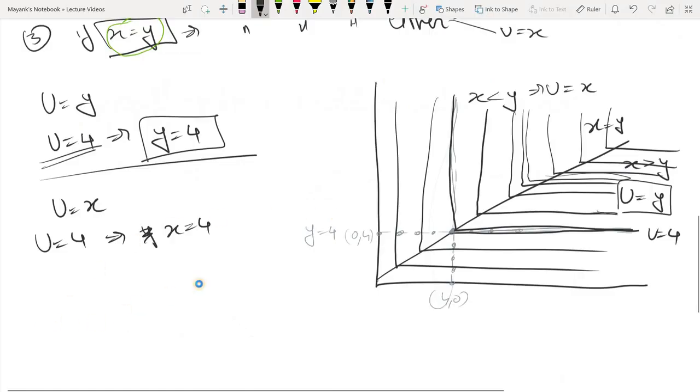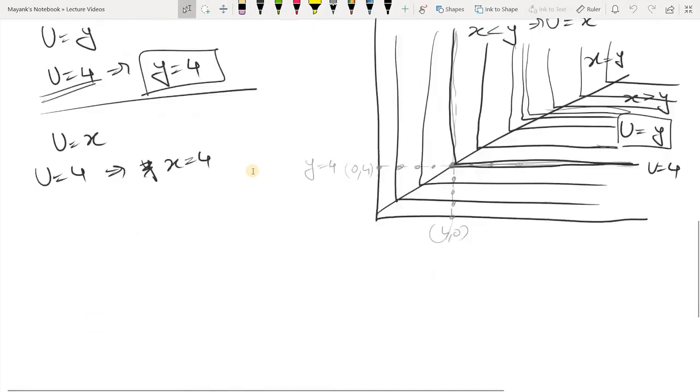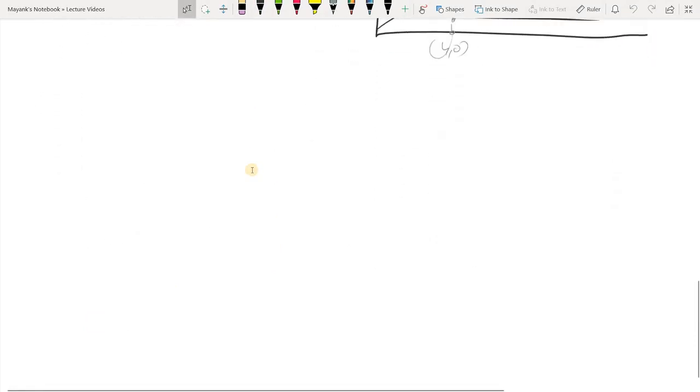Now let's take another example. So this was a simple case where you had x equal to y. You are substituting, complementing one unit of x with one unit of y. Now